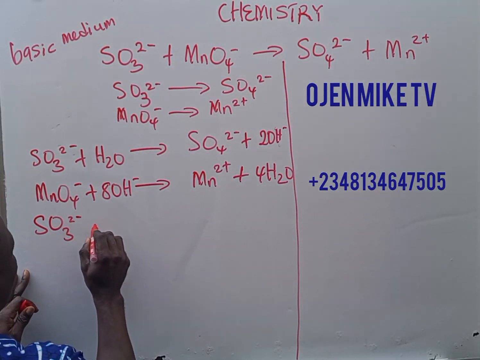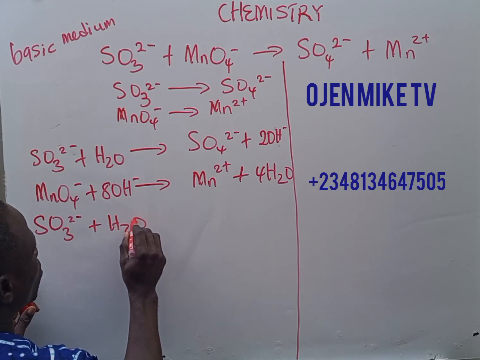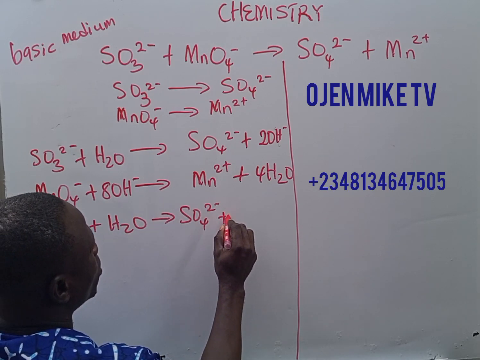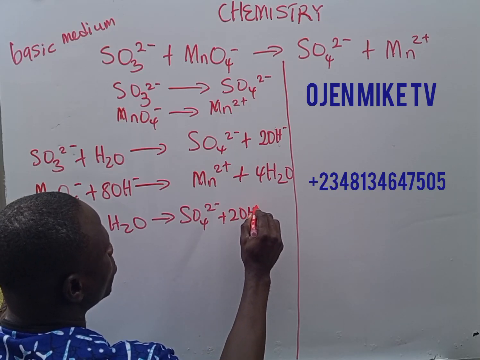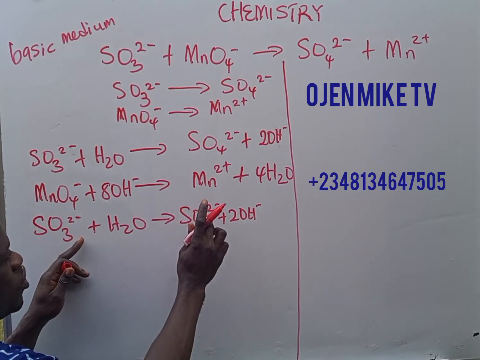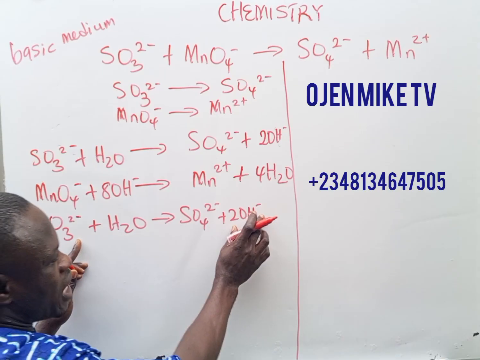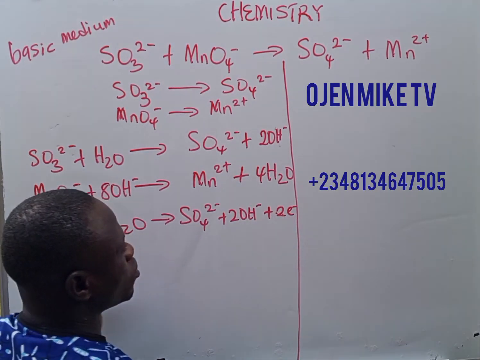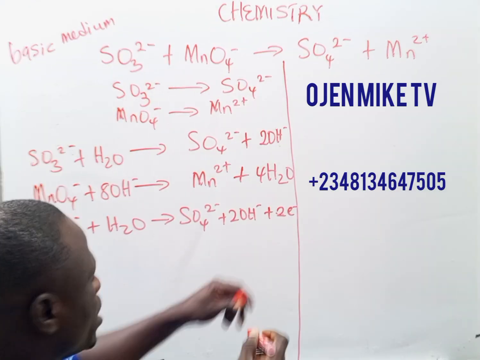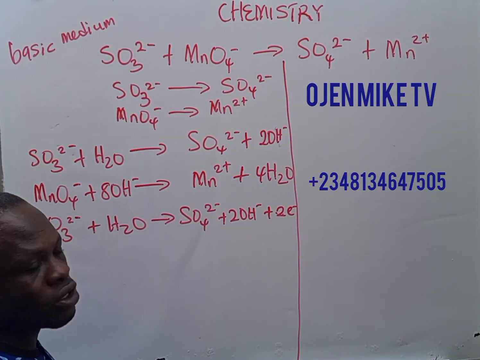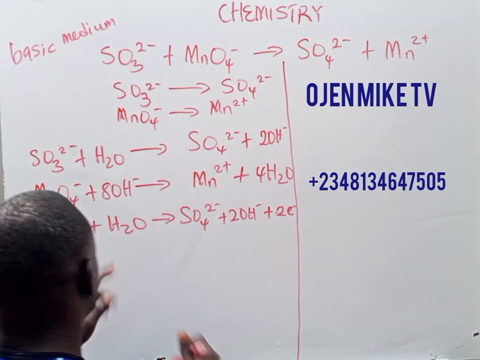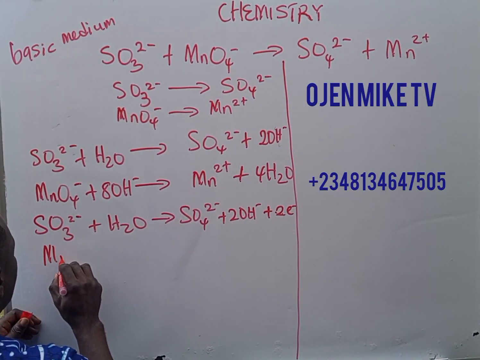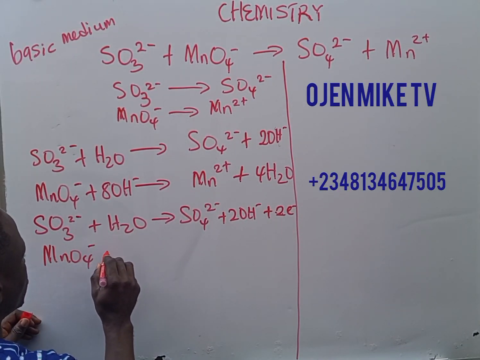SO3 2 minus plus H2O will give you SO4 2 minus plus 2OH minus. Here and here is the same thing. So we now have to add 2 electrons here. 2 electrons will now make the charge this side to be the same. Do you get that? Now we go to the next one. Here we have MnO4 minus plus